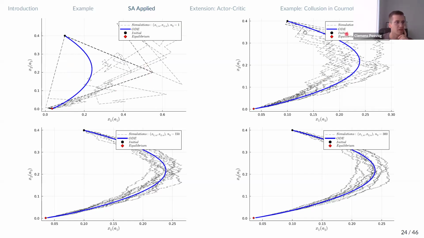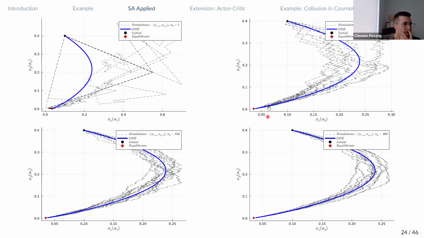As our initial time increases, the shadowing property becomes more and more visible. That's the idea of these plots. With larger and larger initial time, nicer and nicer shadowing of the ODE solution will happen. That's the intuition I want to get across here.